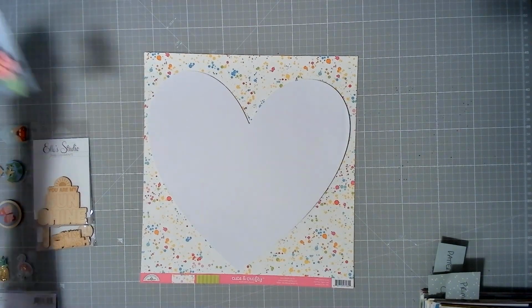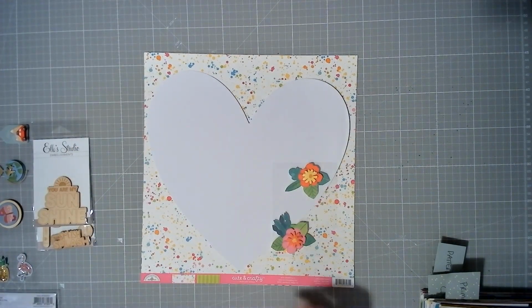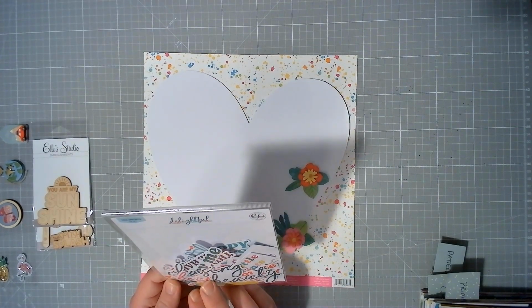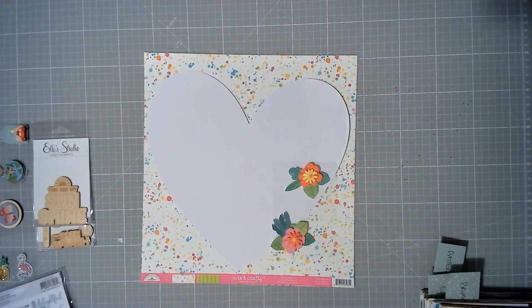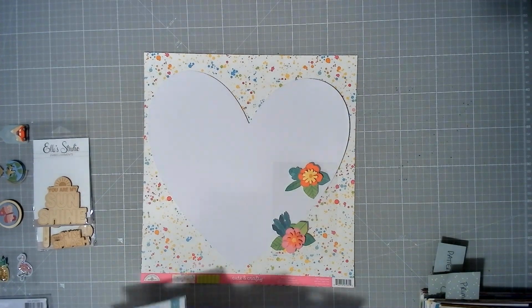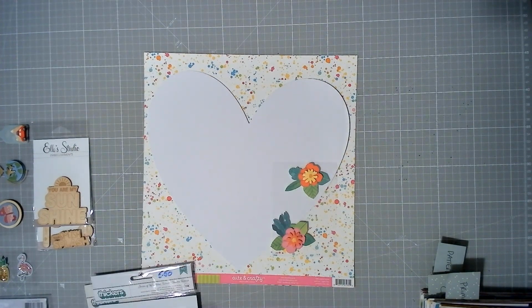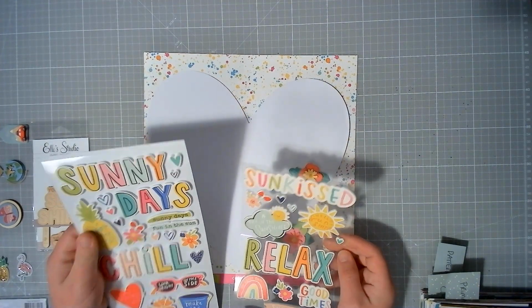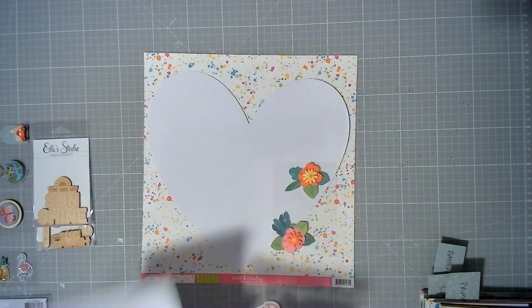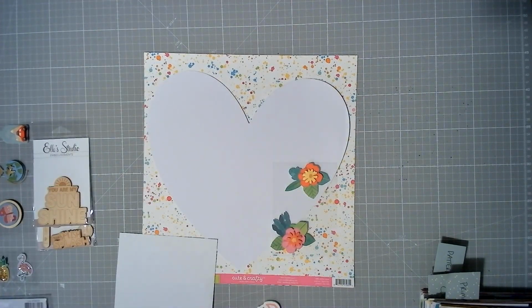So what I'm actually going to do is put these florals in as well because these are quite colourful. They're Chevelle, they're 3D, gives us a bit of colour. And I also have this, which is a Pinkfresh Title Ephemera pack as additional to the foam stickers that we've got as well. So let's see if we can use something here. I'm thinking that one of these might go well because this is quite colourful. So let's use Sunny Days, I think. Yeah. So I'm just going to cut around this,